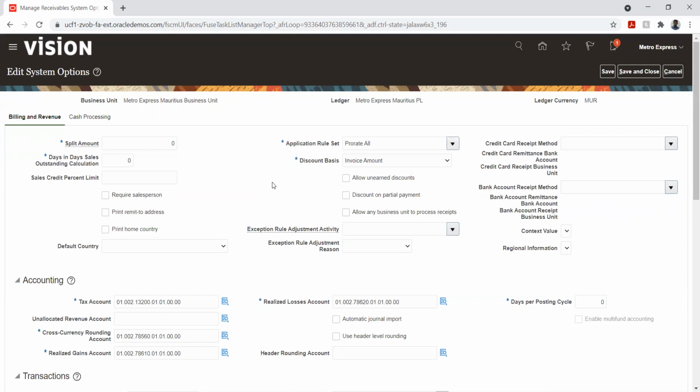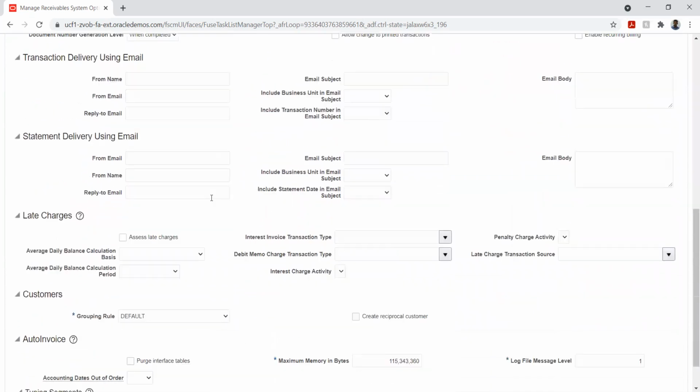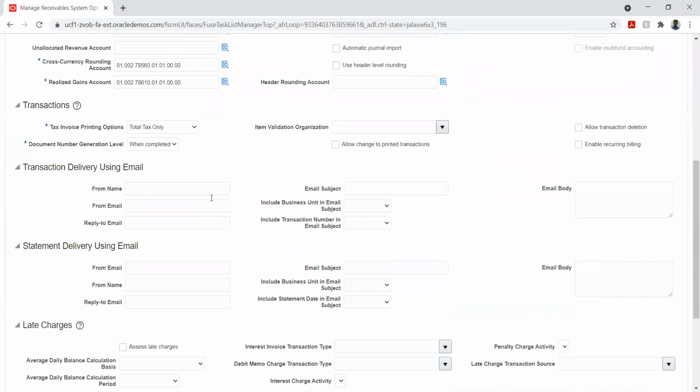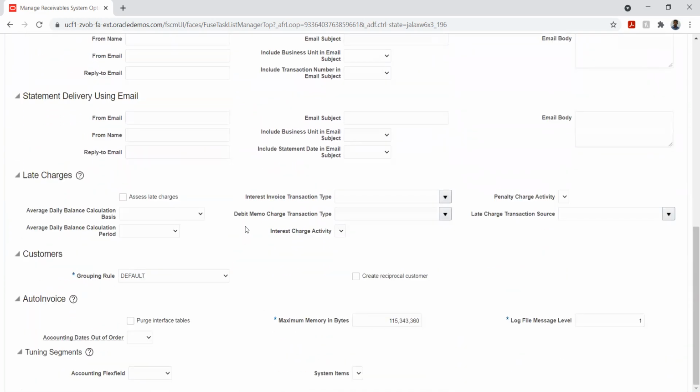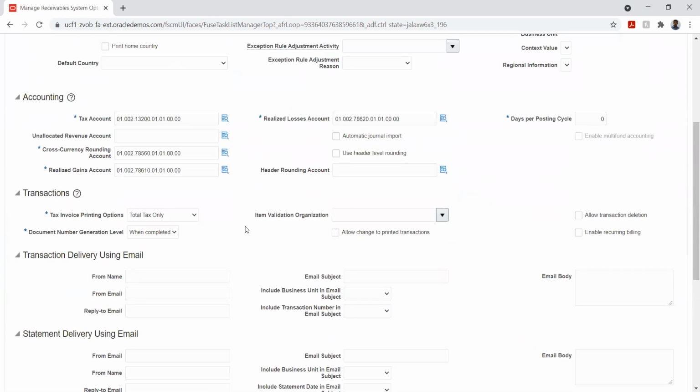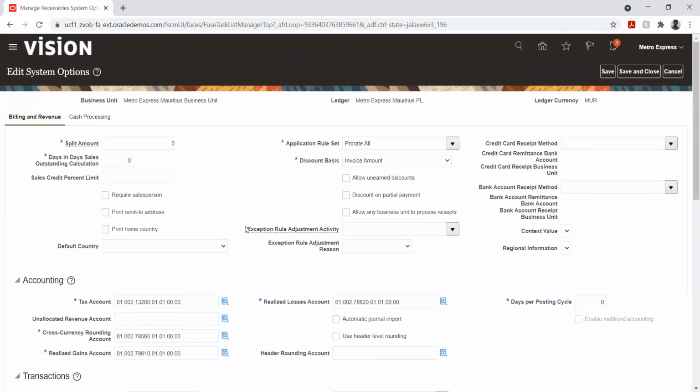And days discount option I have selected as invoice amount, on the total. So this is just the basic setup that we need to move forward. Grouping rule default. Yeah, the grouping rule is used for importing the transaction.